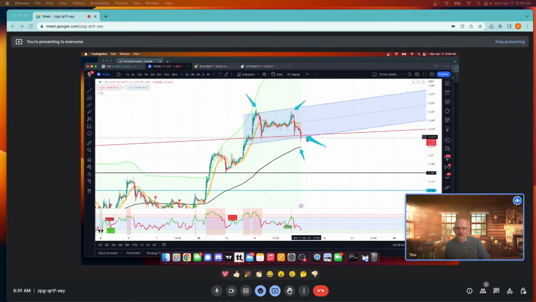These are the arrows that I put out in the room. I'll talk about them briefly here. So you can see we created a high. We have a lower high here, which we talked about. I think Friday, or no, this is Sunday. Yeah, Friday. So we talked about Friday, somewhere in this range, to look for that potential lower high,